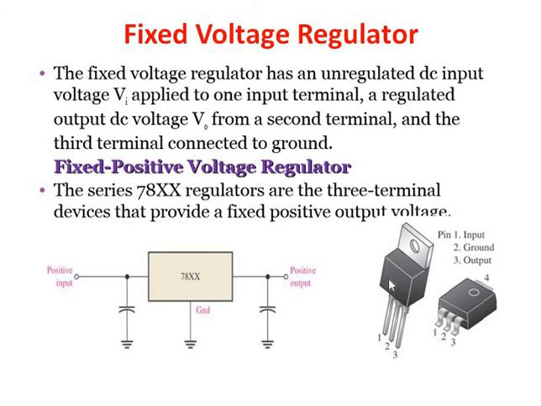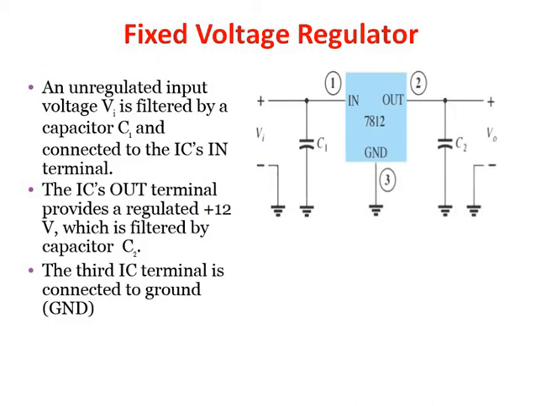So this is the regulator IC. It has 3 terminals, 1, 2 and 3. 1 is the input, 2 is the ground, and third is the output. And this is the heat sink, which is used to dissipate the heat generated inside the regulator IC. So this will increase the life of the regulator IC. So this is the general connection of the series or shunt regulator IC, or positive or negative voltage regulator.